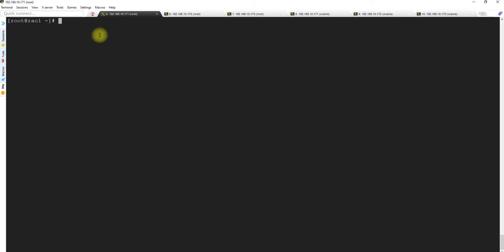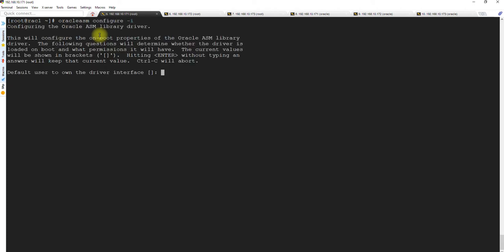to the Oracle ID and oinstall group. For that this is required, and then we will initialize the disks so that we will eventually see the disks. For that, because we have installed the Oracle ASM binary, we can directly write oracleasm configure -i. Name it as oracle, who will own the driver, and group oinstall.